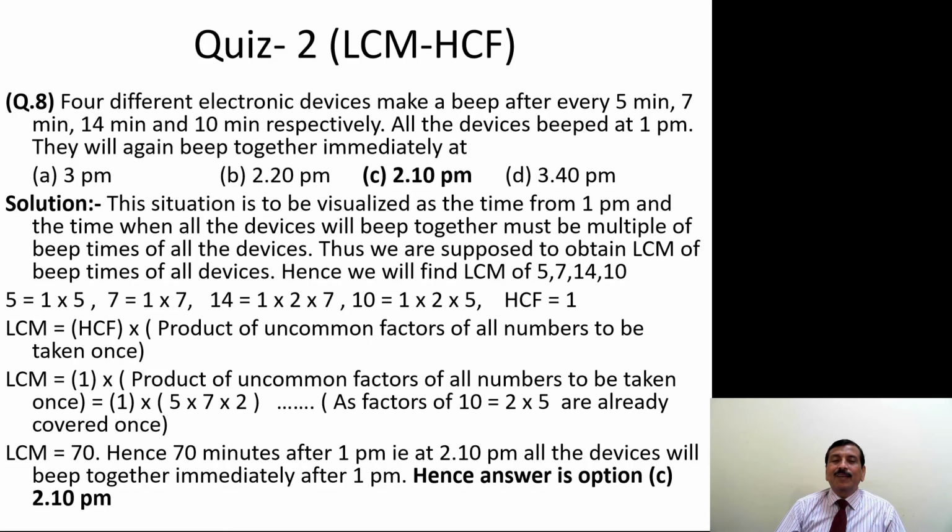Next, 4 different electronic devices beep after every 5 minutes, 7 minutes, 14 minutes, 10 minutes. Now all of them have beeped at 1 p.m. When will they next all synchronize? So we are supposed to obtain the LCM. Obtain the LCM of 5, 7, 14 and 10, and we realize the answer is 70. So 70 minutes after 1 o'clock. So it is 2 o'clock and 10 minutes. The answer is C. Next,